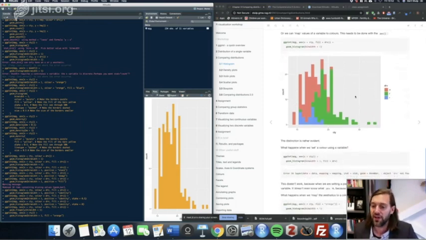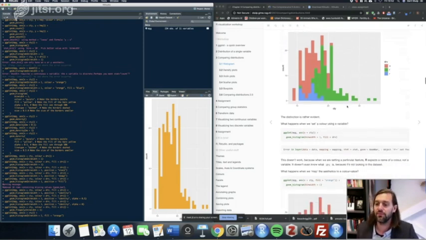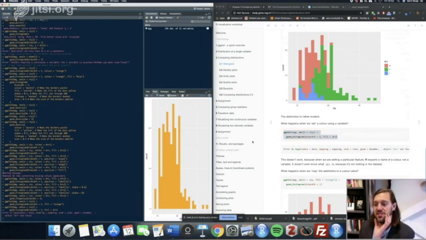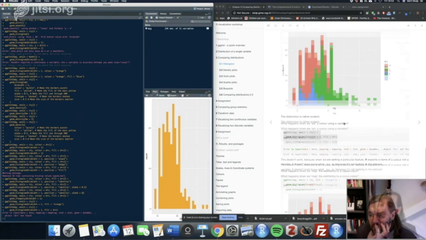Good. What happens when we set a color using a variable? So now we run the following code. Instead of saying fill is orange, we say fill is DRV. And then we get this error message. So in essence,